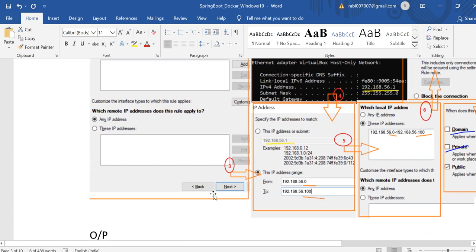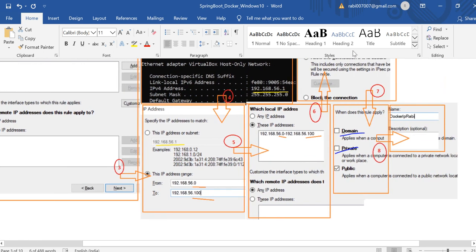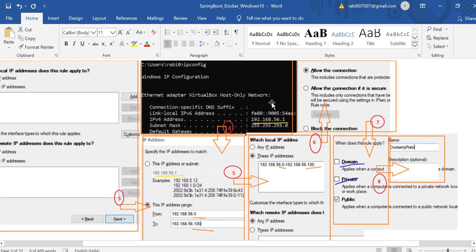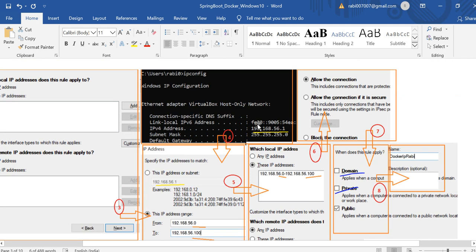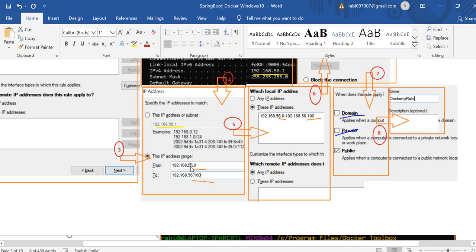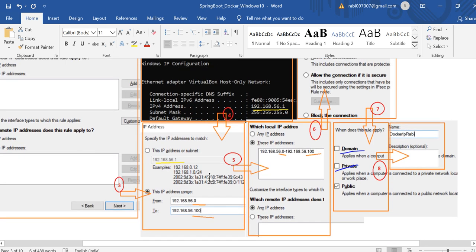With this IP address, you are going to check your console ipconfig and see what your IP address is, 192.168.56.1. I have 1 at the last digit, so 0 to 100 I am going to allow. This IP address range is allowed, made public, and named Docker Ruby.